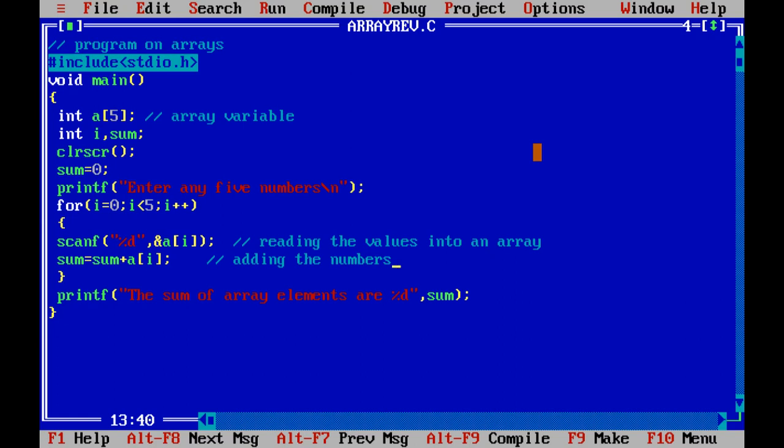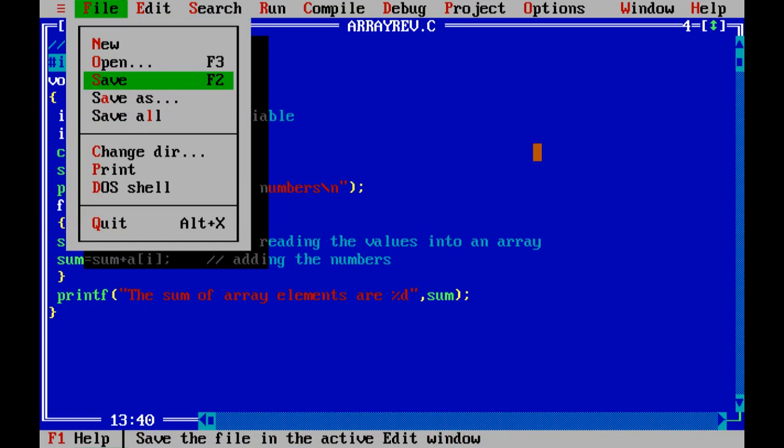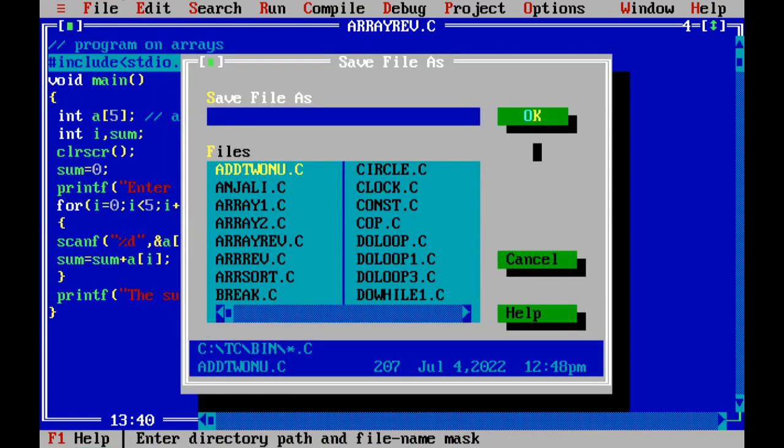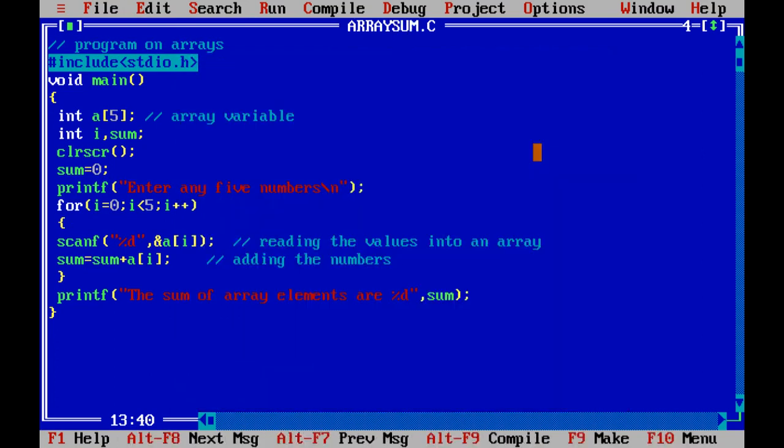This is the program to find the array sum. Save this as array sum dot c, the program with the name array sum dot c. And then next,